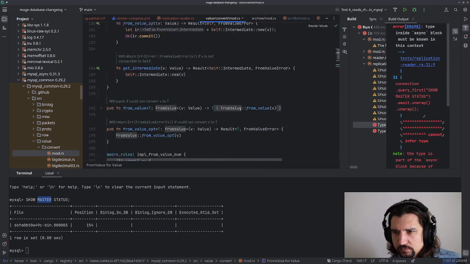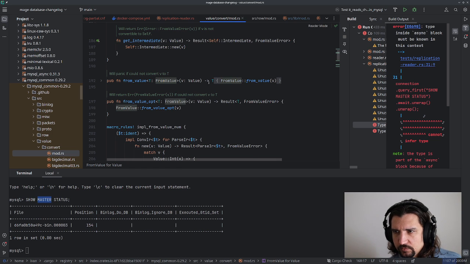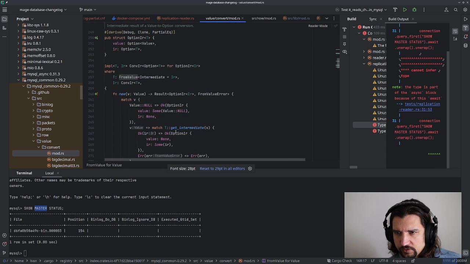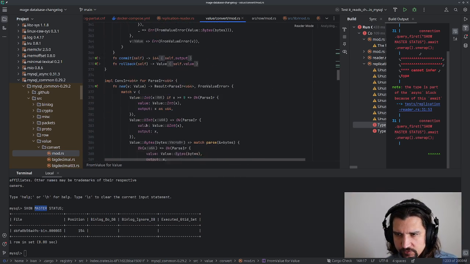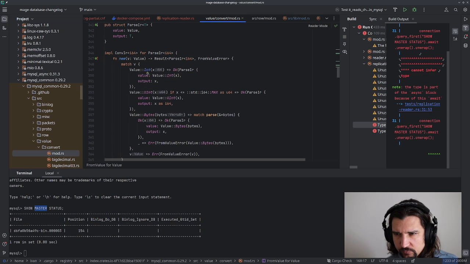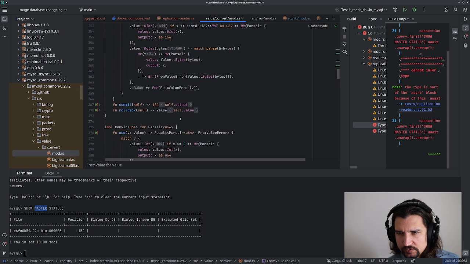Yeah, it's not that good a list of supported types. I thought there should be some kind of easily readable list of possible values. Okay, so value int, u int, bytes,